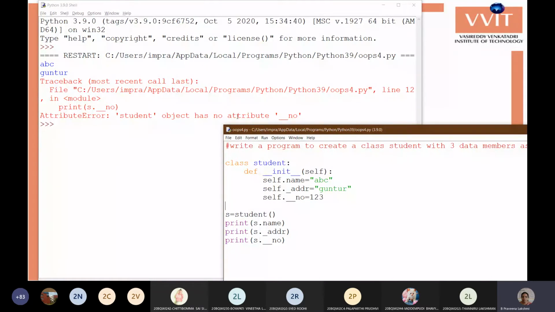Student object has no attribute, because this variable is not attached to the object to be accessed from outside of the class. So we get an error like this: Student object has no attribute __number.